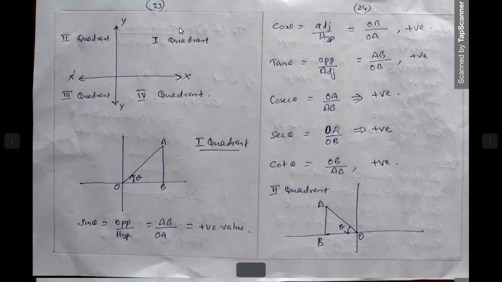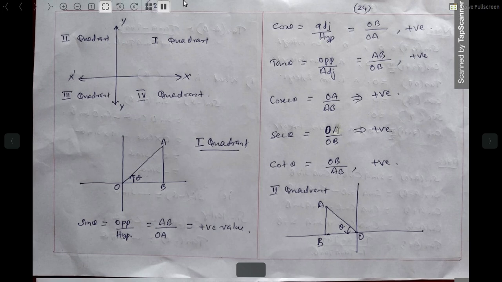We have the Cartesian plane. X-axis, y-axis. Right side of x-axis is taken as what? Positive direction, and left side negative. Upward of y direction is what? Positive. This is negative. It is y dash, not y. It is y dash. Like this. This is x dash. It is y dash.